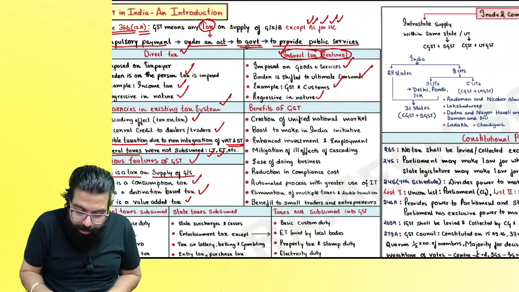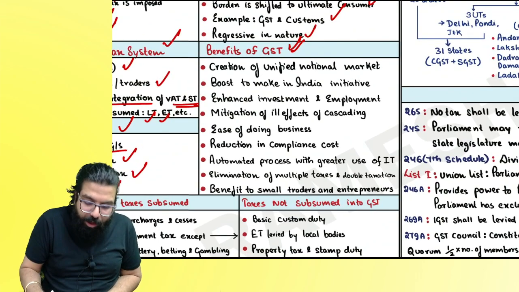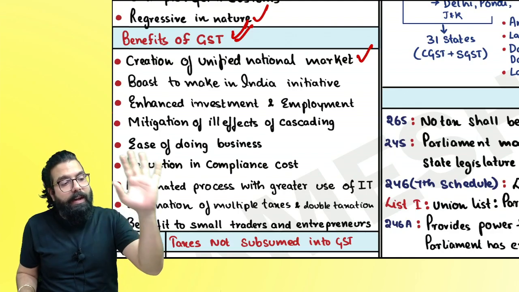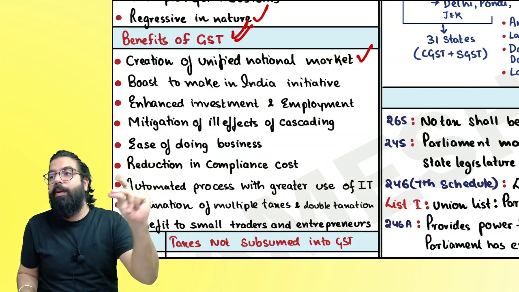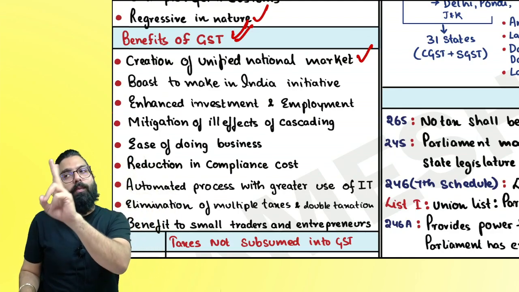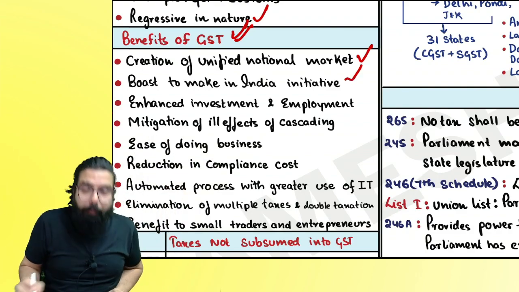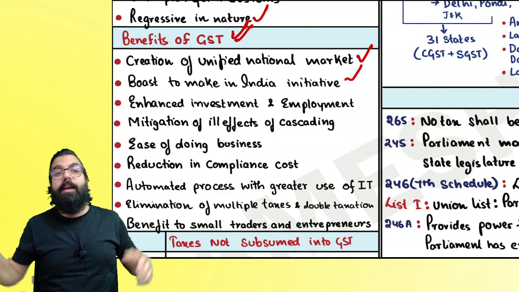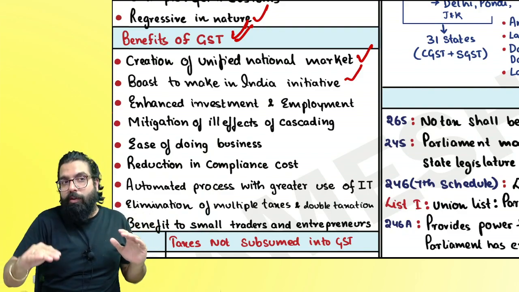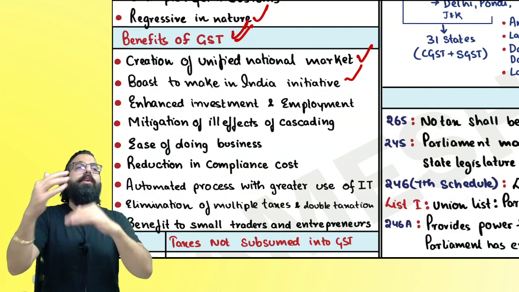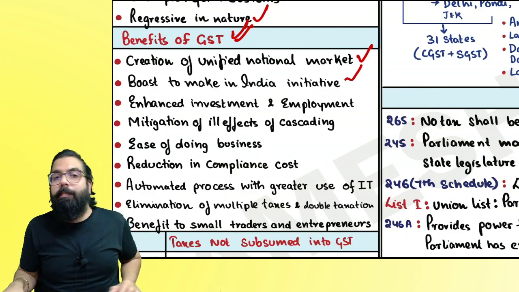The next one over here is what are the various benefits of GST? Creation of a unified national market. In India, you buy from anywhere, you will get the credit. One nation, one market, one tax. Buy from anywhere, you will get the credit. Boost to the Make in India initiative. When you get the credit, the cost of an item will come down. When the cost of an item is coming down, people would want to produce more